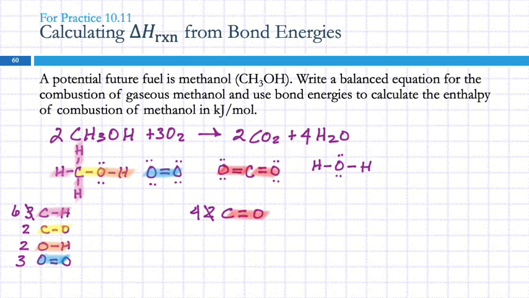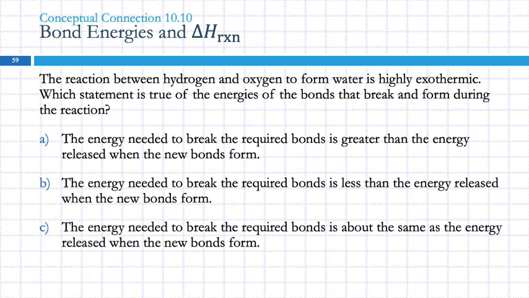And then over here, let's see, I haven't used green yet. I've got hydrogen-oxygen bonds, or oxygen-hydrogen. And each mole of water would have 2 moles of those bonds. But I have 4 moles of water, so I have to multiply that, and I'm going to have 8 moles of oxygen-hydrogen bonds. So now,